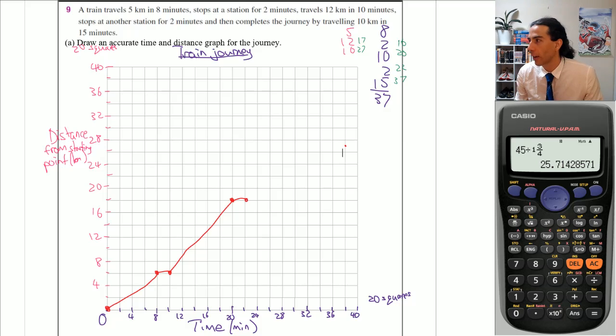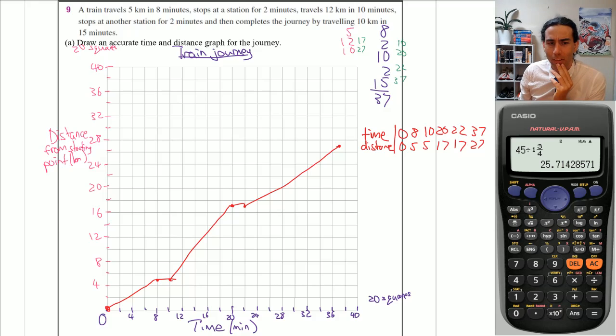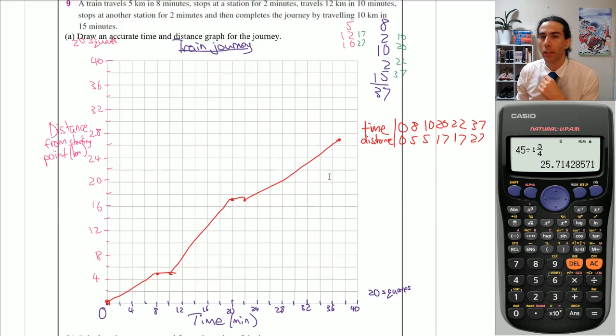Okay, I need to check everything. And that's why you draw graphs in pencil. I got that wrong because I had everything on the even. I had things at the 6 kilometers rather than the 5. So that's better now. And I actually drew up that table of values. So now that I've done things properly,